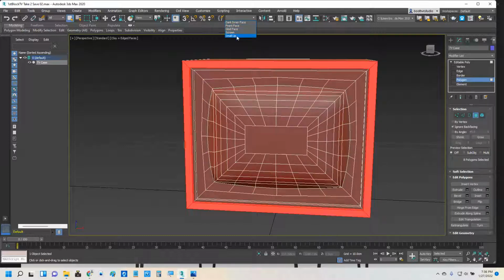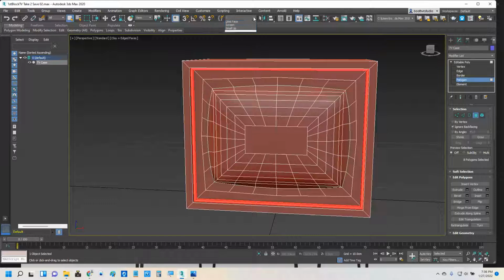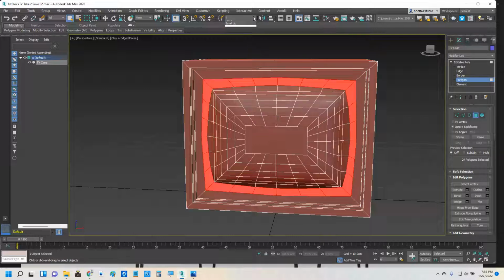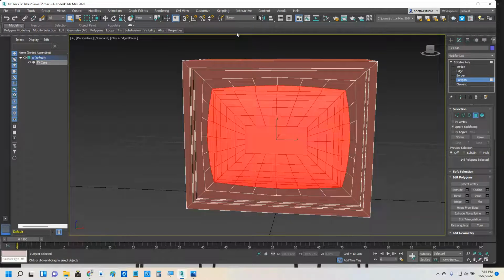I got my small lip right there on the inside. I've got the dark inner face. I've got the gold face. And I've got the screen. So now that I'm able to select all those polygons when I want to, let me go ahead and open